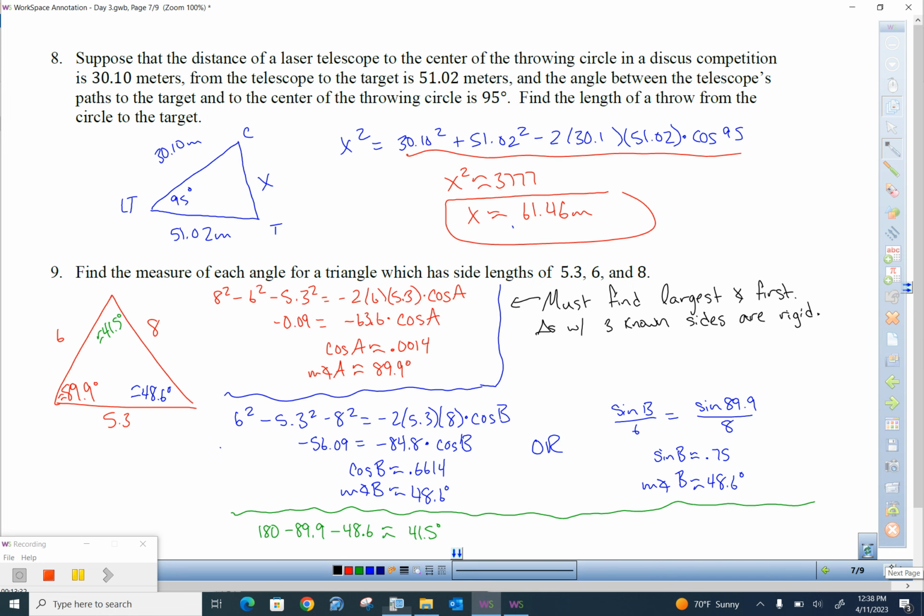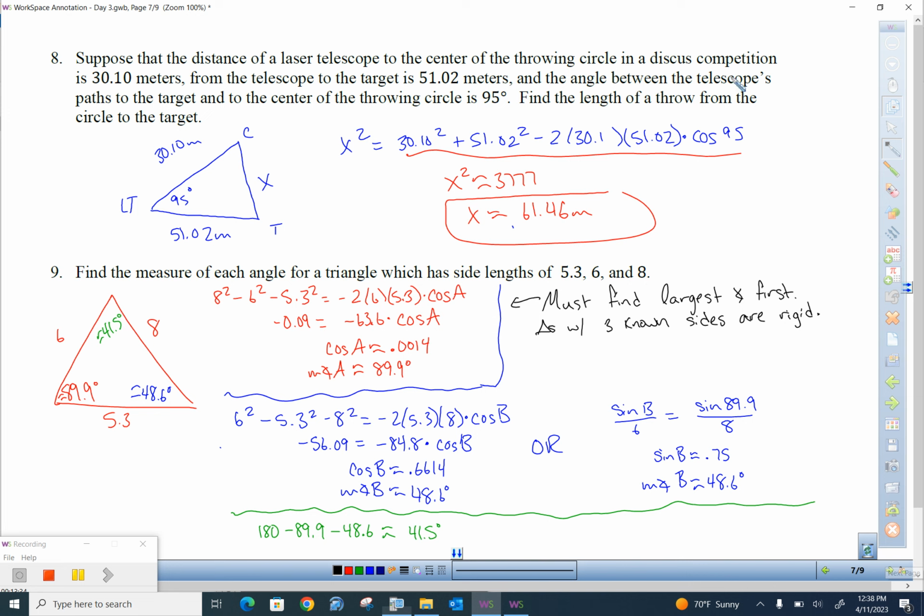Okay. So here I recommend just drawing a basic triangle and labeling your 3 spots, the laser telescope, the center of the throwing circle, and then the target, and then filling in the sides after that. Okay, so it tells you from telescope to the throwing circle is 30.10, says telescope to target is 50.02, and